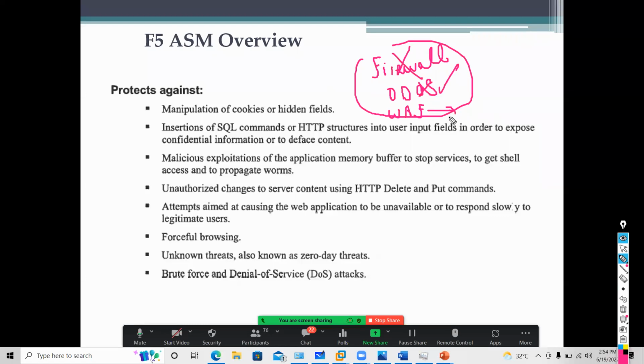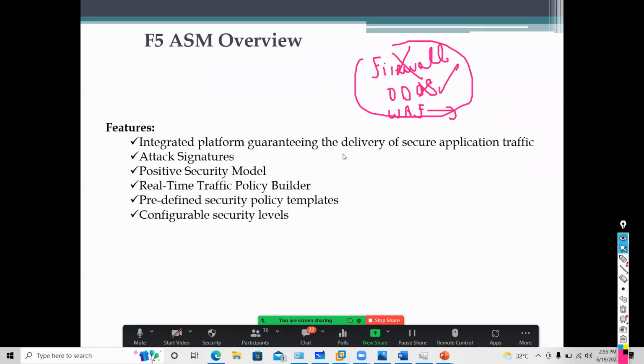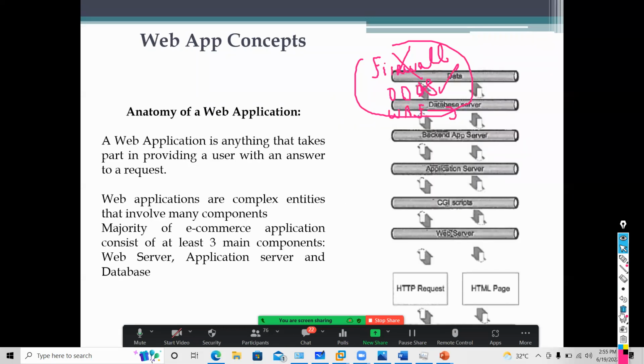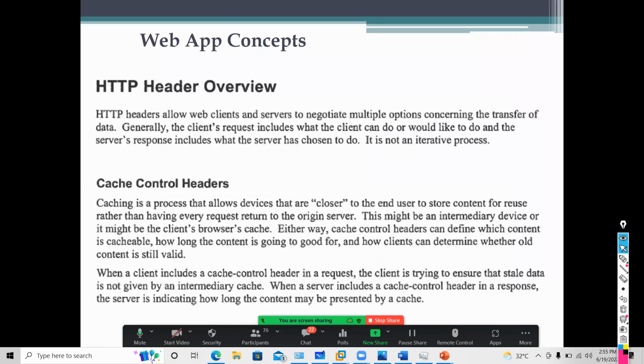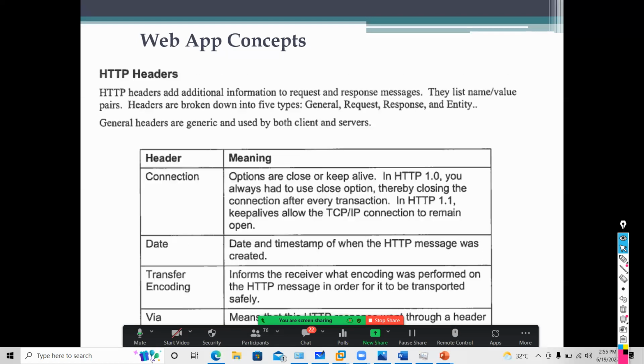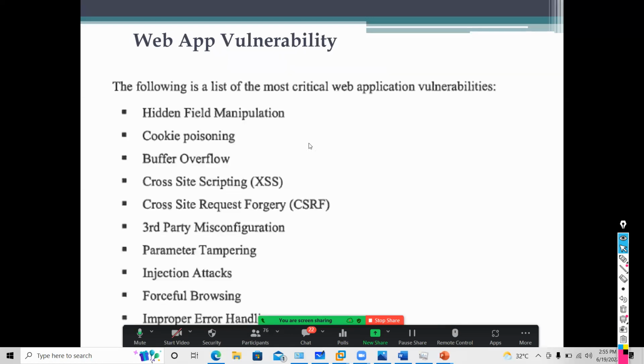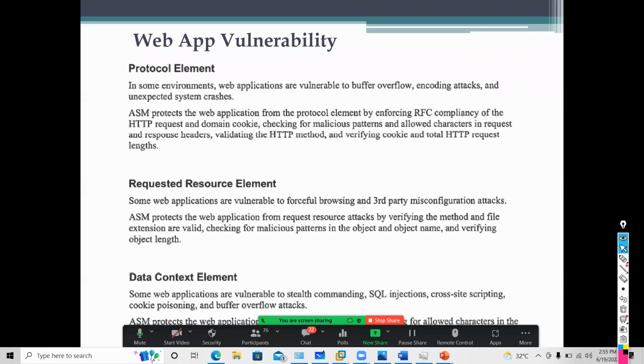If this gets compromised, then this can protect. Multi-layer security architecture is what is running nowadays. So this is how, guys, I was talking about HTTP content. We will talk about this in detail: what is a web application, what are the headers. I'm not going into this right now.